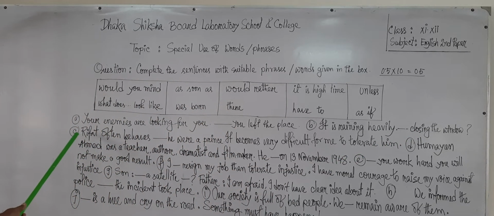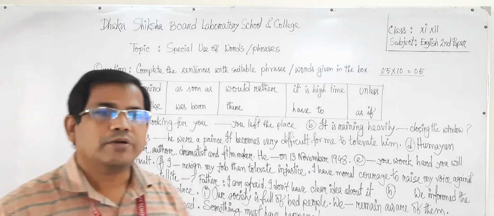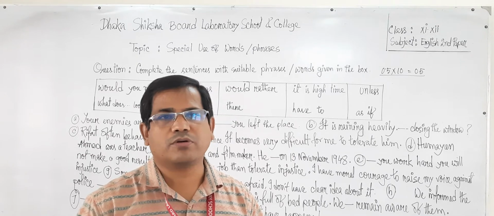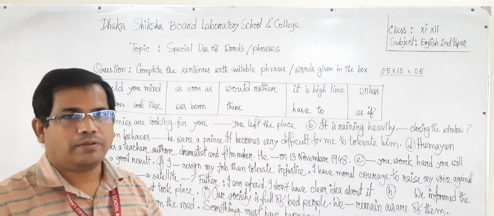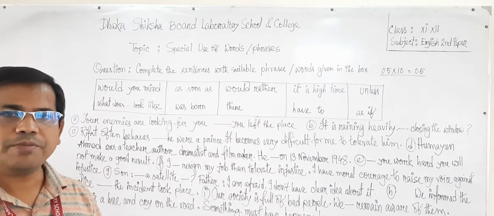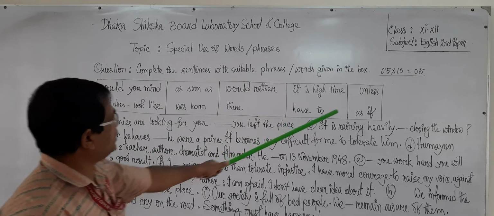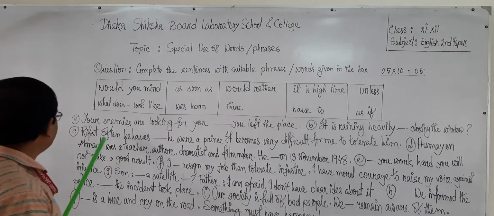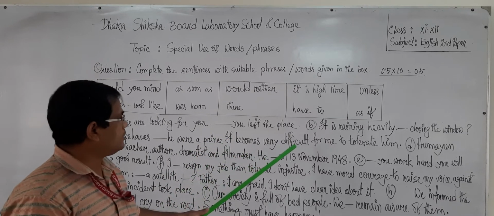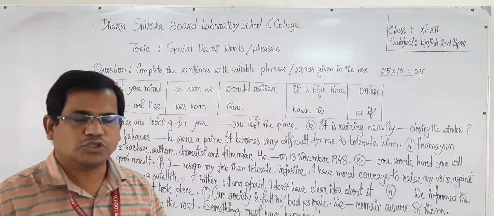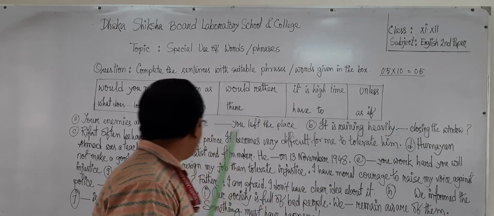In case of C, Rifat often behaves dash he were a prince. রিফাত প্রায়শই এমন আচরণ করে বা ব্যবহার করে যেন সে একজন যুবরাজ, প্রিন্স। যেন এই অর্থ প্রদান করতে ইংলিশে আমরা নিয়ে থাকি as if or as though. So let's see, as if is here. So you may say Rifat often behaves as if he were a prince. It becomes very difficult for me to tolerate him. আর এটা সহ্য করা আমার জন্য কঠিন, তাকে সহ্য করা আমার জন্য কঠিন।